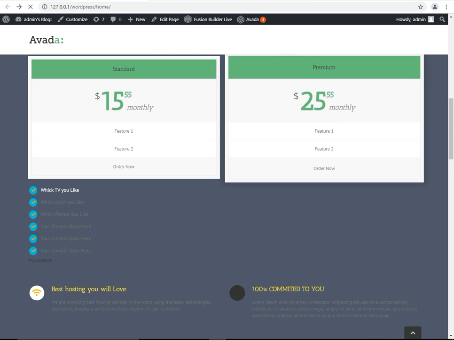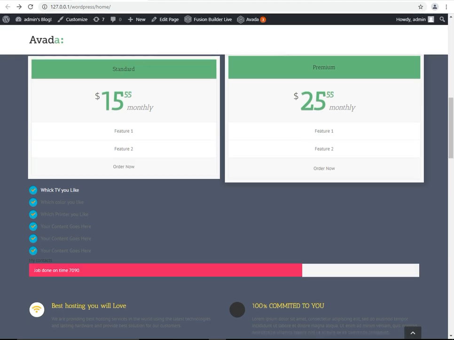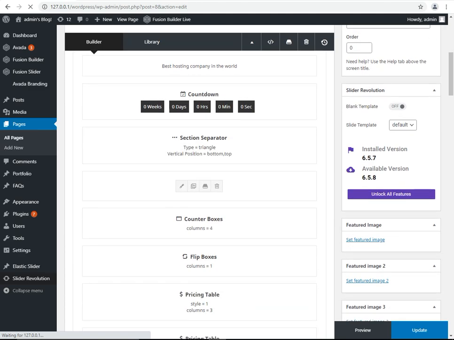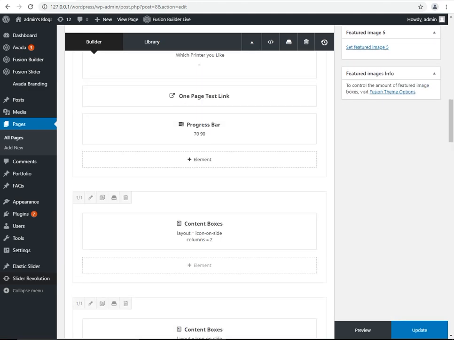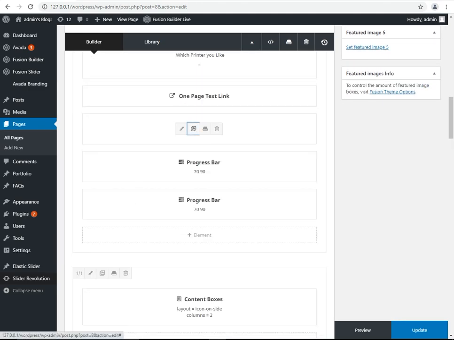Press the refresh button. Done. This is working here. You can add more of this type, like we are going to just copy this, and the system will move this.